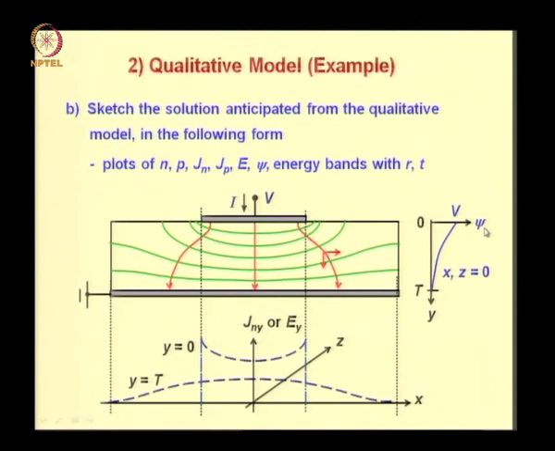The potential psi inside the device along the center line looks something like this. So it falls from V to 0. However, it is not linear. The rate of fall is more near the top contact and slows down near the bottom contact. This is because dψ/dy, or ∂ψ/∂y, represents the y direction electric field, and since the potential lines or equipotential lines are crowded together near the top contact, the electric field is higher near the top contact than near the bottom contact.